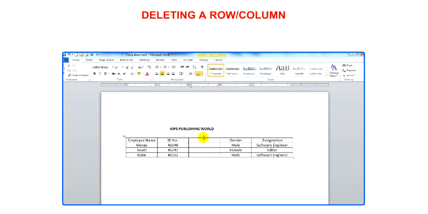Deleting a row or column. Select the row or column that you want